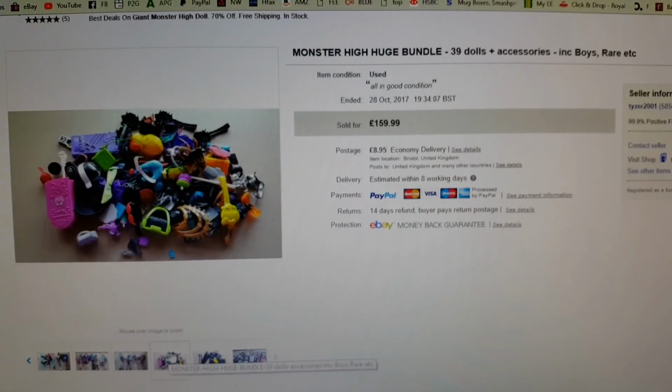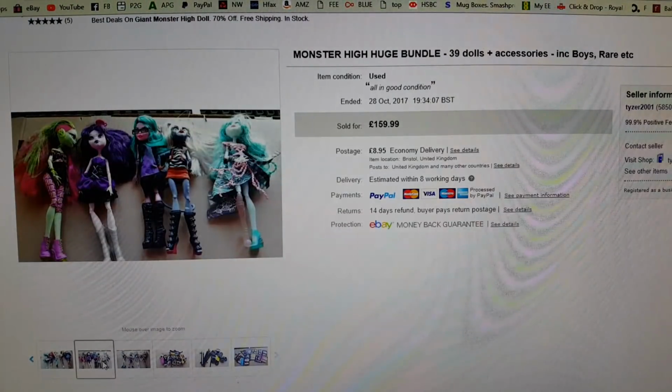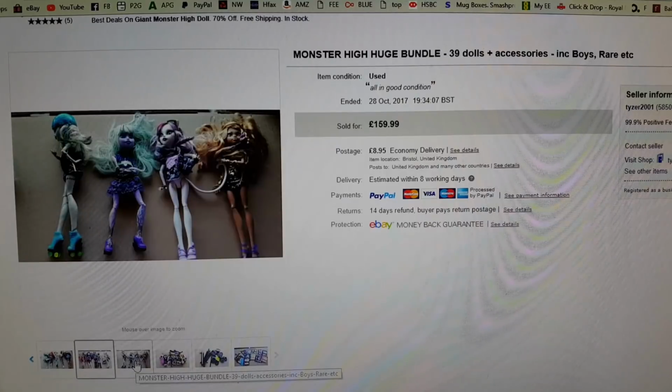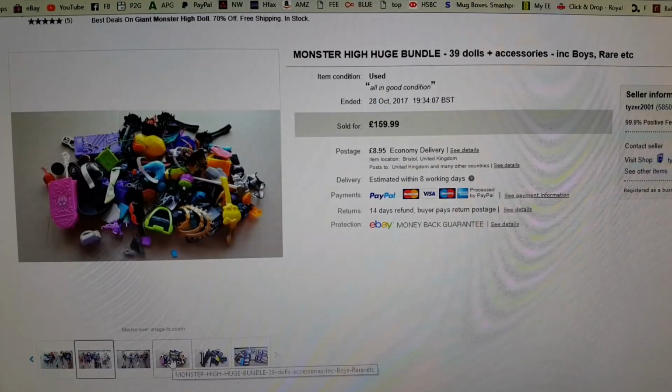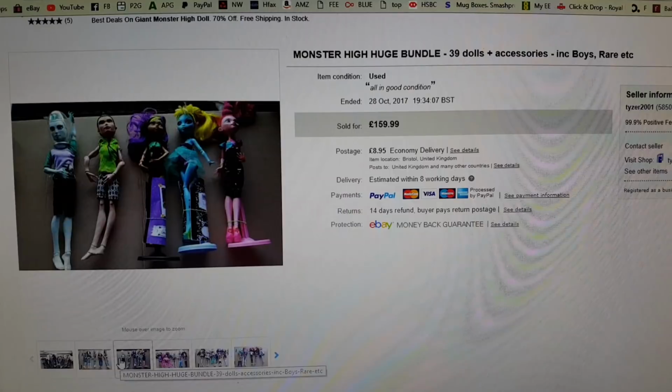And I knew that for 40 quid I was getting a good deal, and also I knew that if I broke them down they would sell for more, but I just couldn't be bothered. I was too lazy to do the research needed to work out what they were all called and to sell them all separately. So I put them on as a bundle. I've sold them 3 times. The first time they sold